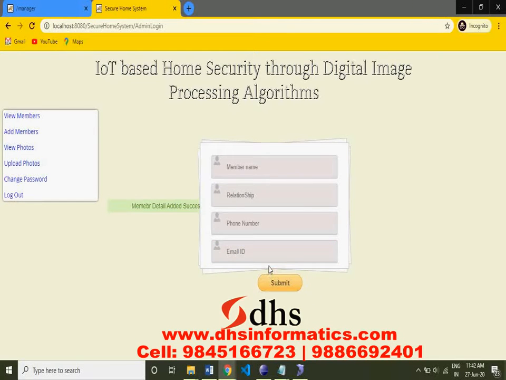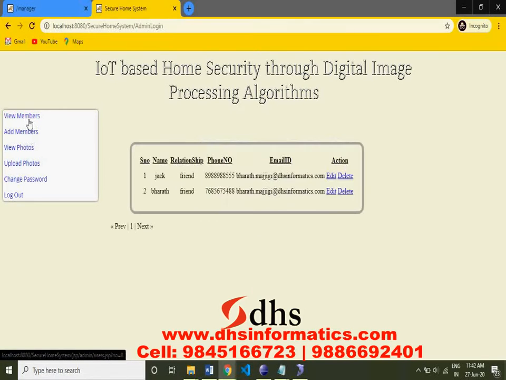So member details have been added successfully. Here you can see the user I have just added, and here view photos.